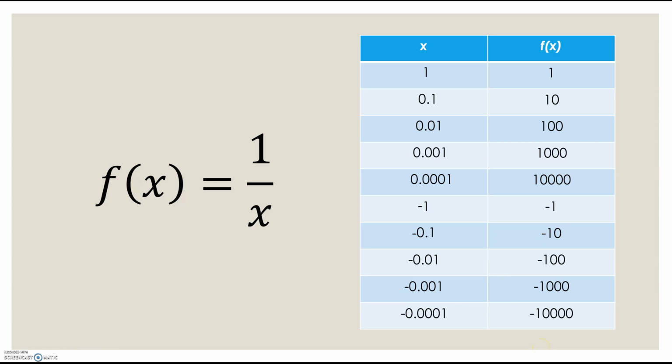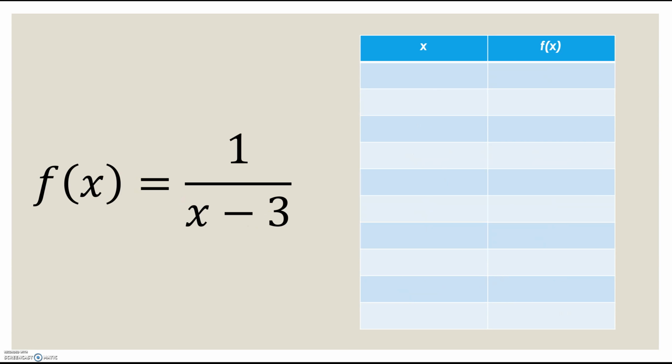Because first of all, f of x is undefined there. But second of all, if I pick numbers that are close to 0, my values for f of x are either going to get really, really high or really, really small, and this is why. Okay? Well, let's look at a slightly different rational function, a slightly more complicated one, something like 1 over x